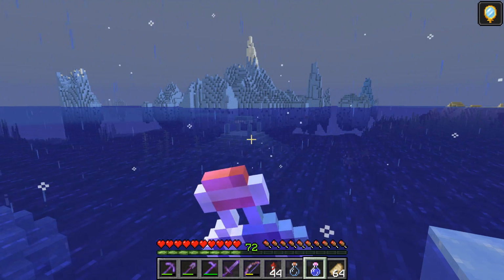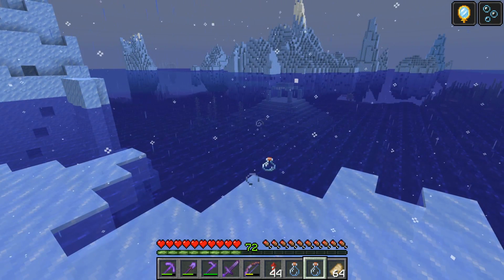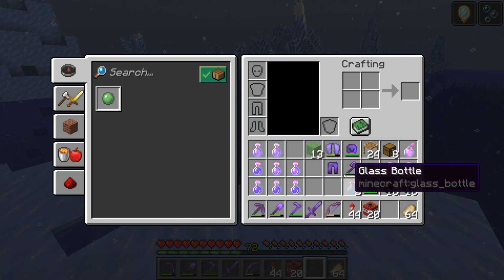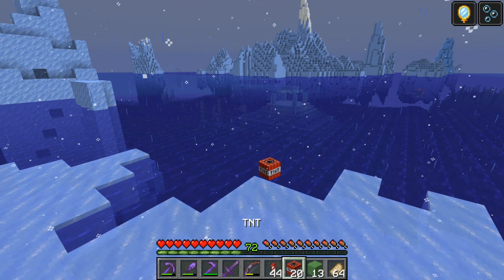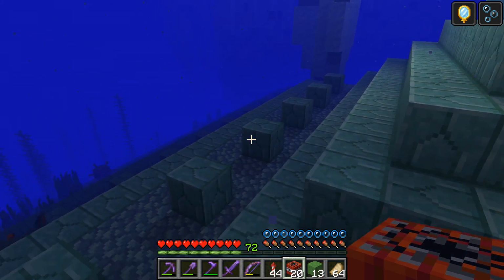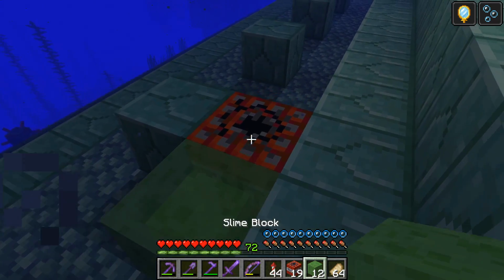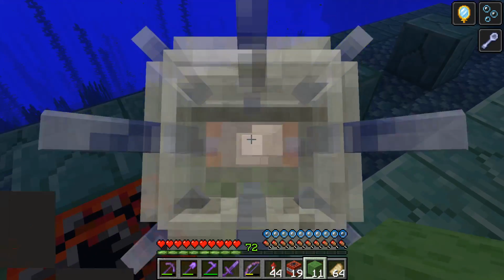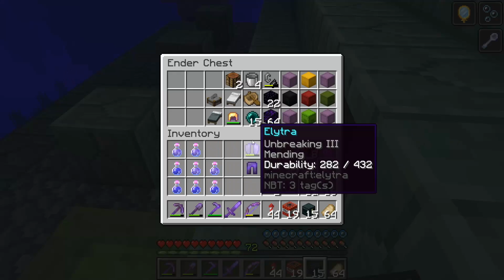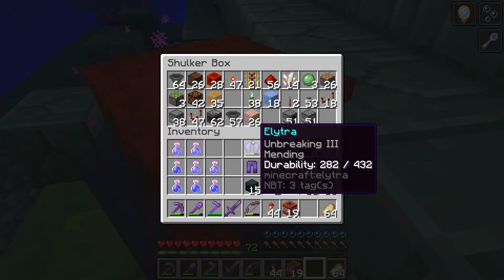I'm invisible. I'm a floating bottle. I shouldn't be a floating bottle, but I will be a floating TNT. Woohoo! I guess it should be here. And I'm not getting mining fatigue. Oh, haha! There it happened. Now the question is, can I do this? Yes, I can. Can I do this? Yes, I can, because I was...